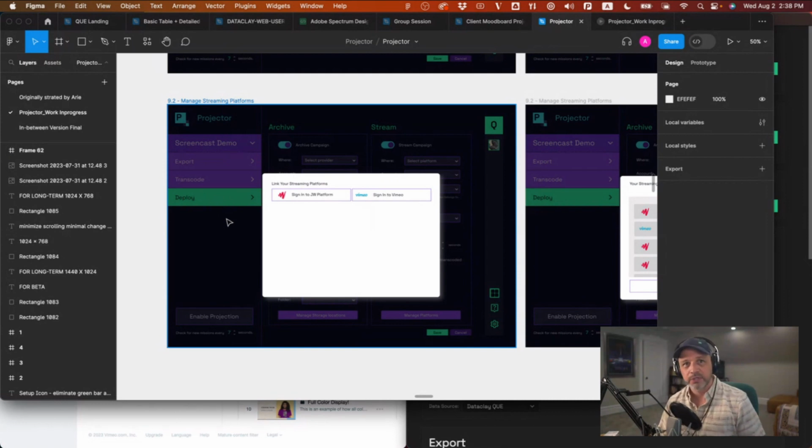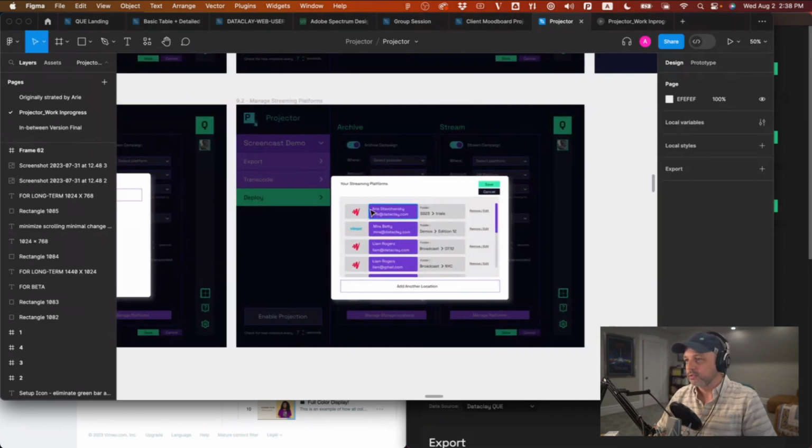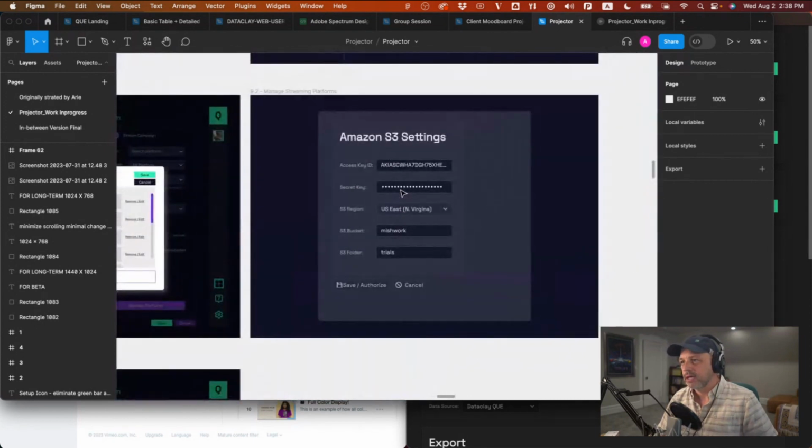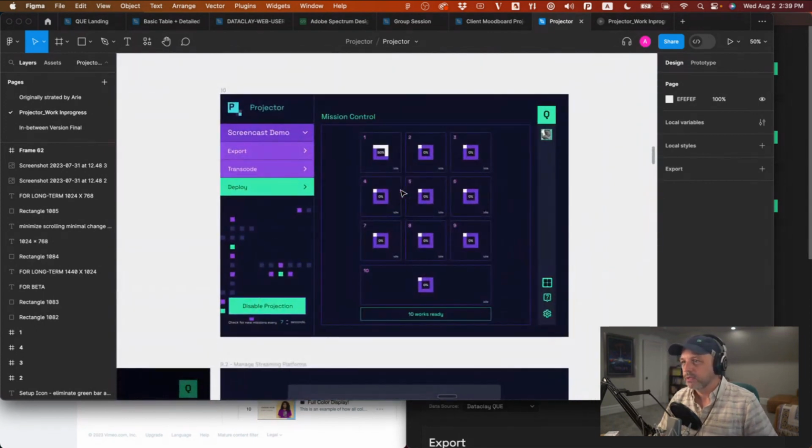So you can think of Projector as a hub of these platforms and services that you yourself bring. That's going to make the cost of the Projector license much, much lower than if we were hosting everything in the cloud. So it's up to the end user to determine how much investment they want to make into all of this distribution stuff, and they can choose and see for themselves where things are being charged in different aspects of the app. So I just wanted to share that with you.